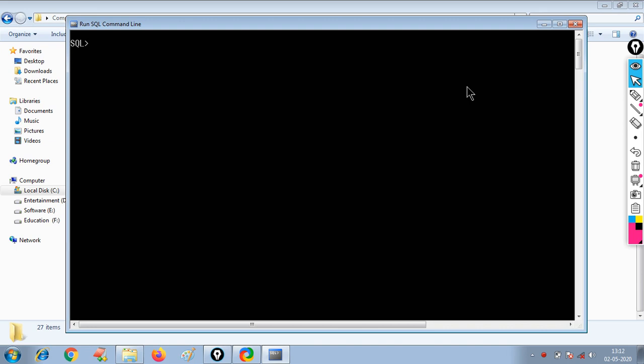Now, a view is a virtual table, or you can say it's a subset of your table, which is extracted by using some SQL statements. When you execute a simple select statement, select asterisk from EMP, it gives you a view of your table. Or when you execute select asterisk from EMP where the salary is greater than 2000, it gives you a subset of your table, that is a view.